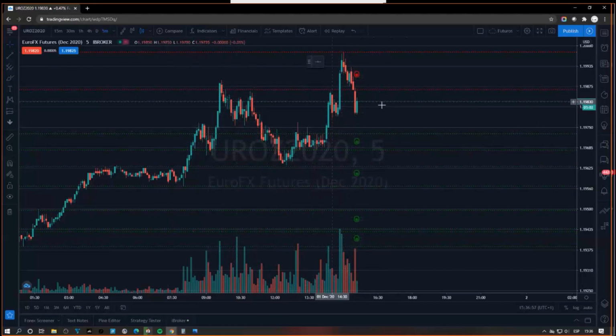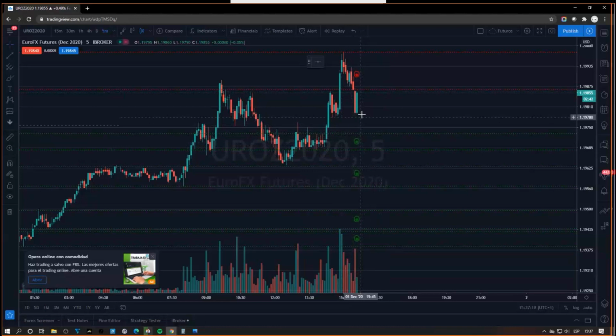When price reaches nearby here, we buy. We can use this as a stop loss behind this area here. You can see this rotation, this accumulation right here on the price. So we put our stop loss behind this, and we enter the market nearby this green area. Once we are in the market, our exit or profit taking will be around the red area. I recommend you always go a little bit below it, just to make sure you get an exit.